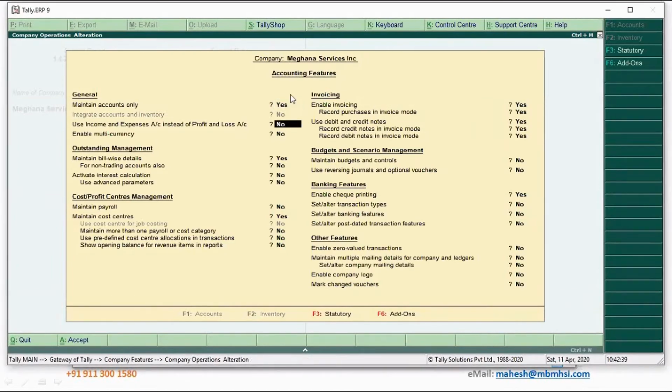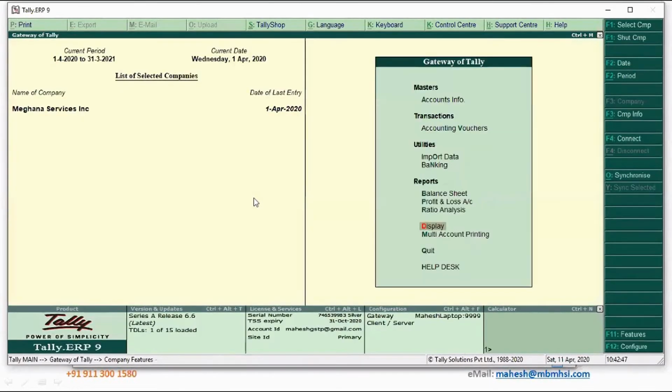So once you make this, the second option gets automatically disabled. Integrate accounts and inventory gets automatically disabled. So on your Tally, you are showing only accounts. Once you are seeing the accounts and you have enabled